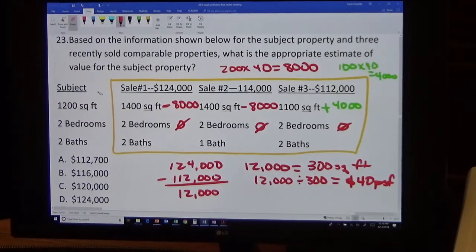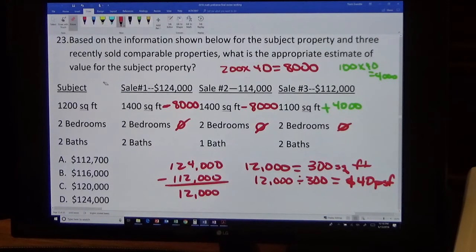So now my last adjustment is for bathrooms. When I look at comp number 1 and compare it back to my subject property,